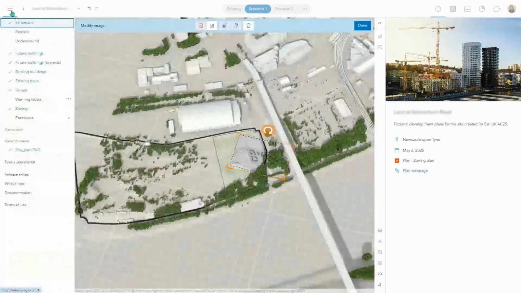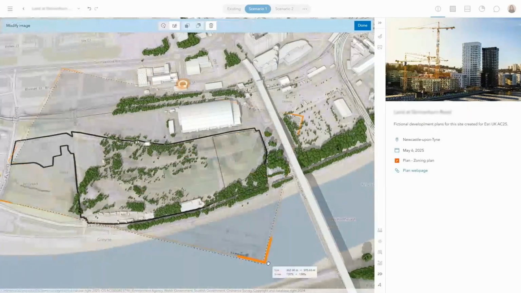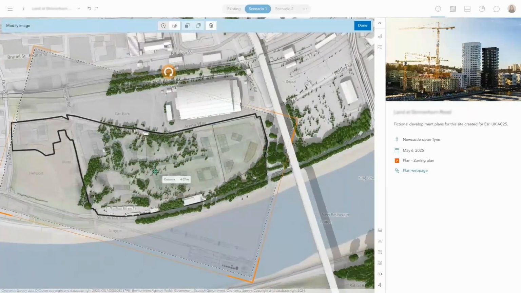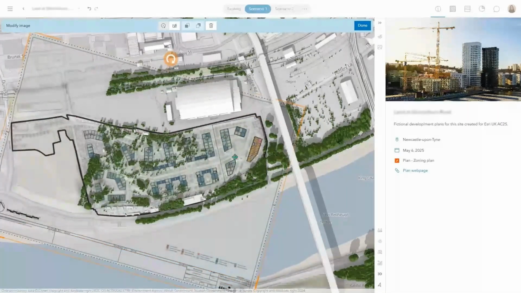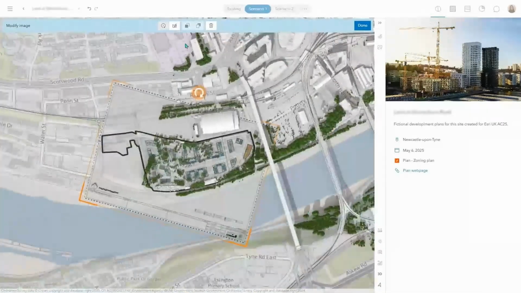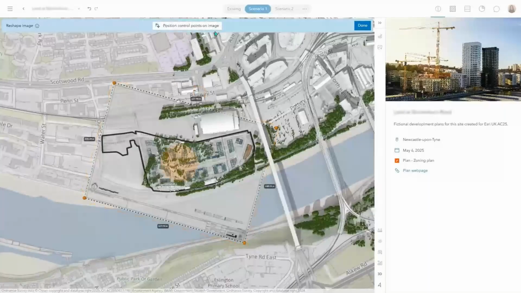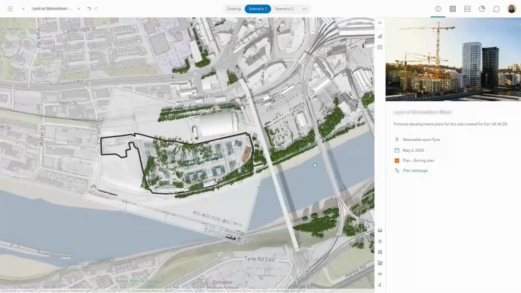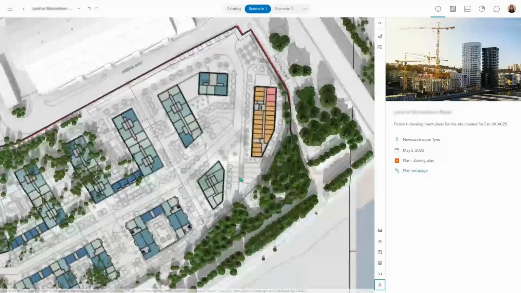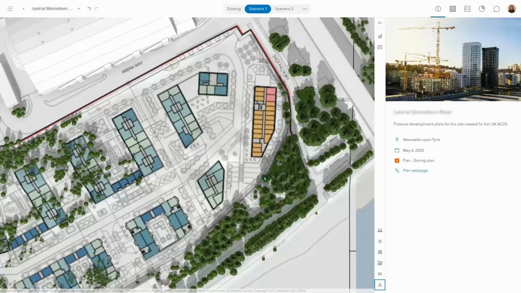Urban allows you to georeference images far more accurately than I'm showing you here. This is just the resize and the move. There are control point tools in here as well, which some of you might be familiar with from the desktop product, ArcGIS Pro. You used to have to do this in Pro and publish the image to the web, but ArcGIS Urban is evolving to require minimal input from GIS professionals, GIS teams, so your planners and urban designers